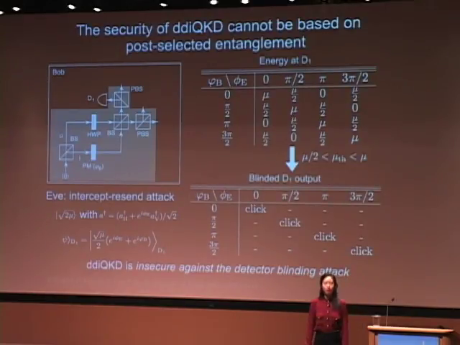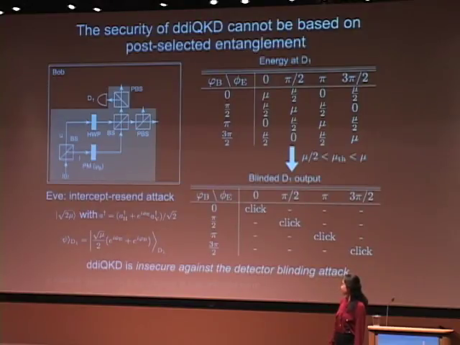However, we find it can still be hacked by a blinding attack. Firstly, Eve sends a strong continuous-wave laser to Bob to blind the detector, and then she does an intercept-and-resend attack, resending coherent pulses with the quantum state. After that, we analyze how much energy arrives at detector D1 in different cases, as shown in this first table. And what if we set the detection threshold under the blinding attack?